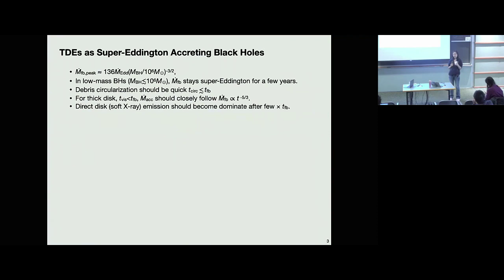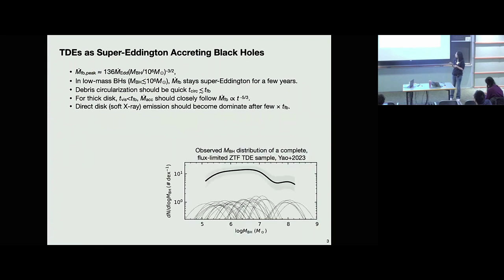We need low mass black holes for two reasons. First, the basic theory predicts that the mass fallback rate is above the Eddington limit for a very long time only when the black hole mass is small. And second, lower mass black holes generally have a hotter inner disk temperature, which makes them peak in the soft X-ray band where we can observe. Among the optically selected TDEs in this flux limited sample, about a third are hosted by black holes with a total mass less than 10^6 solar masses or so. So there is a good number of events in lower mass black holes.